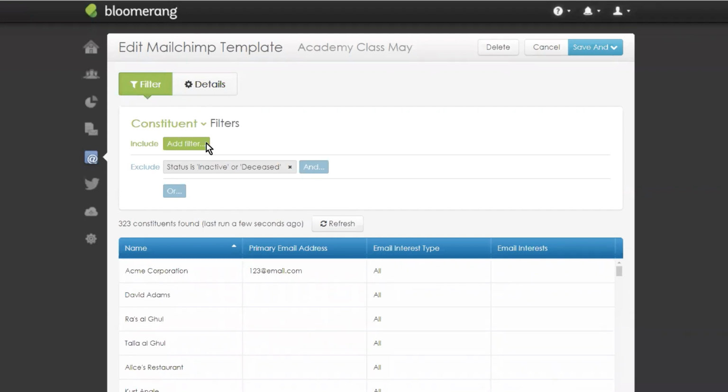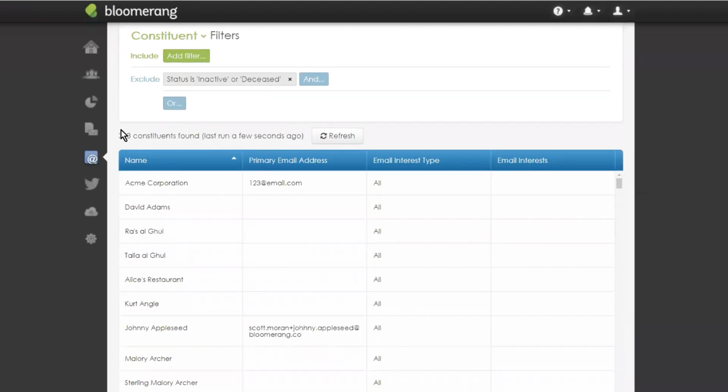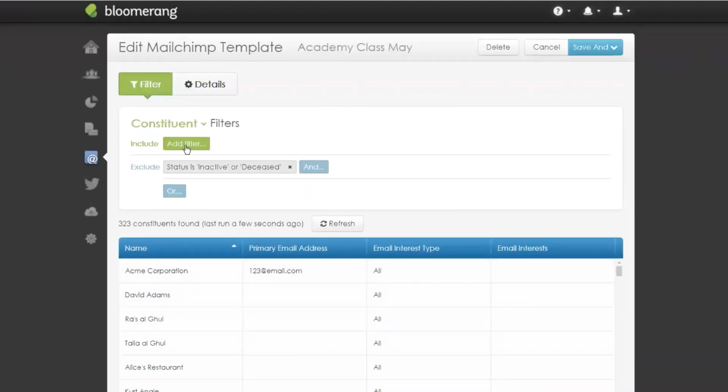So I will only have constituent filters. And I'm starting with all of my active constituents in my database. Let's say I just want to reach out to my donors from this year so far. So I could click Add Filter,